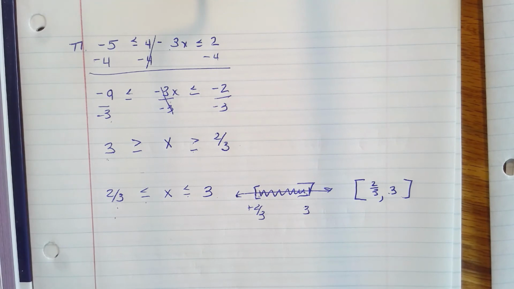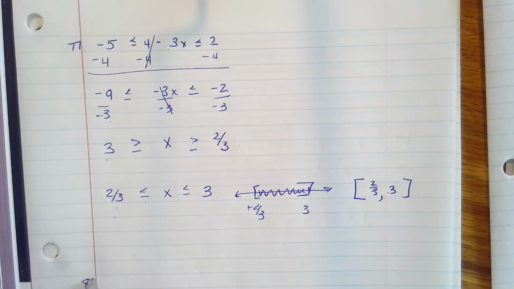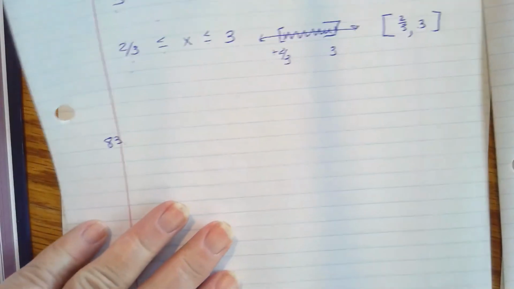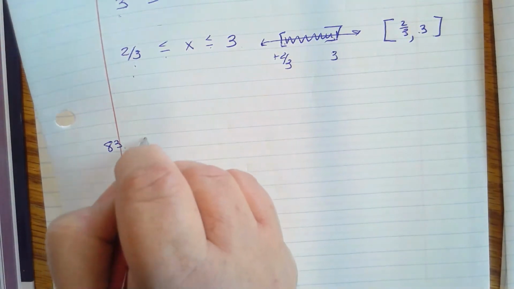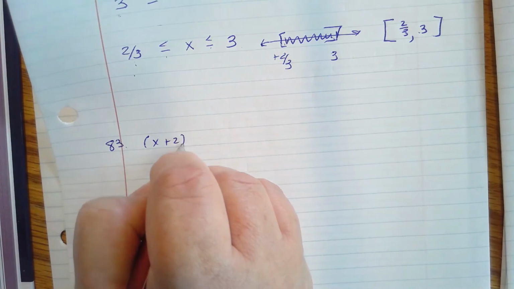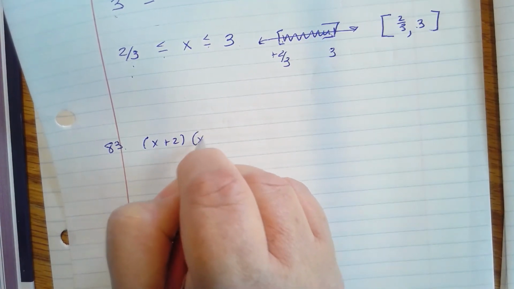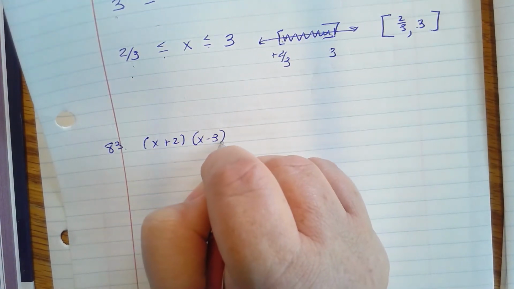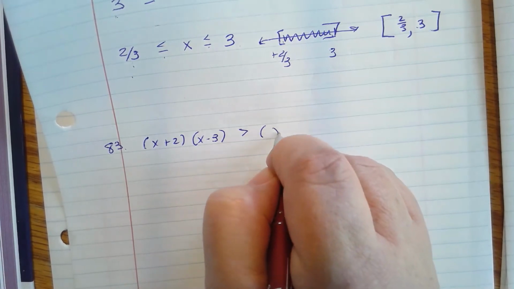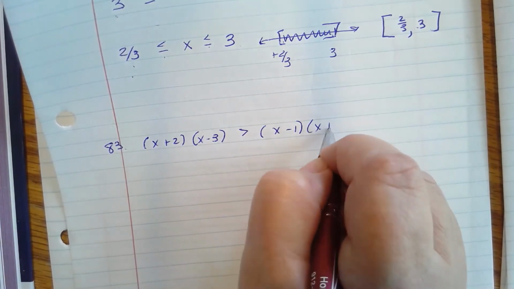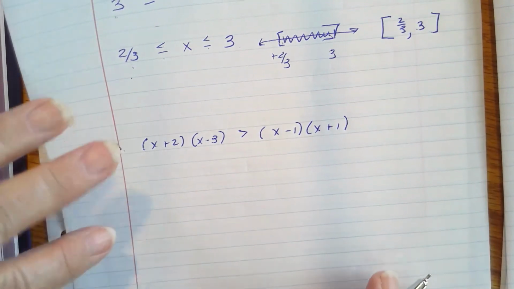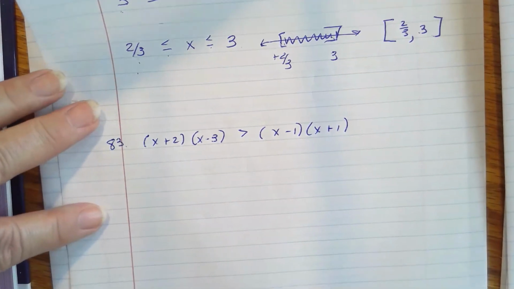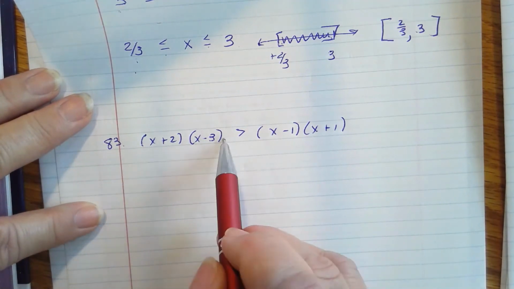Okay, I want to skip down now to number 83. Whoops, I keep forgetting y'all can't see the whole sheet. There we go. Number 83 is x plus 2 times x minus 3 and x minus 1 times x plus 1. Now, initially, this looks pretty complicated, but it's not going to be, because what we're going to do is